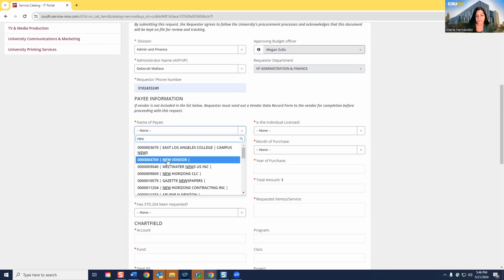Vendor number 4769. This is the same process as if you were entering a requisition in PeopleSoft. You will select 4769, and this lets procurement know that this vendor is not in the system and a 204 request process is going to be completed. For the sake of our example, I'm just going to select a vendor that is already in the system.